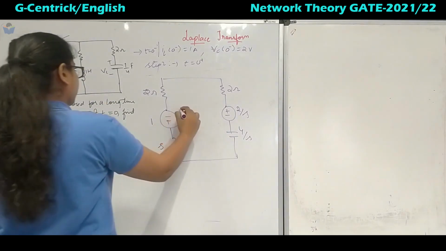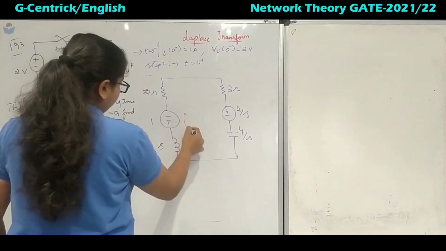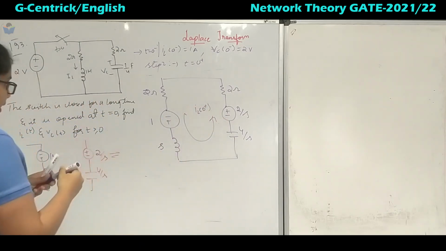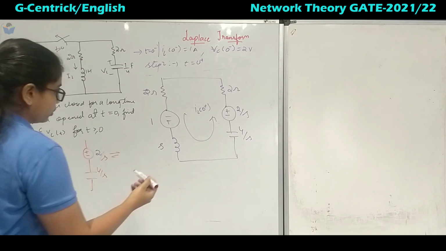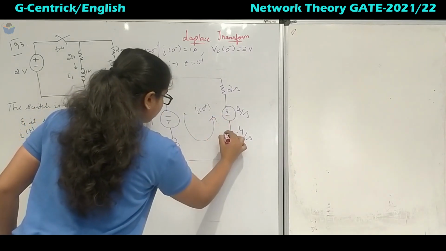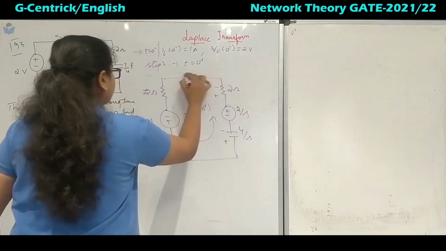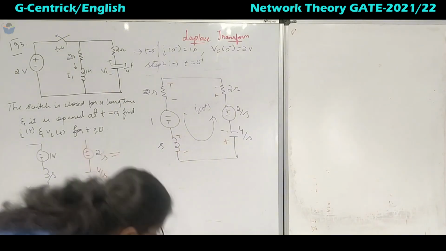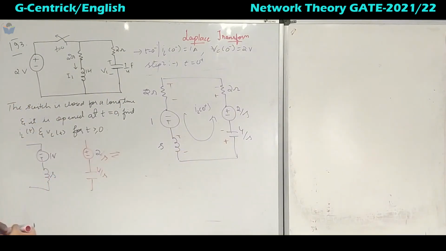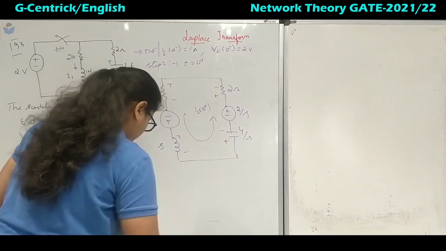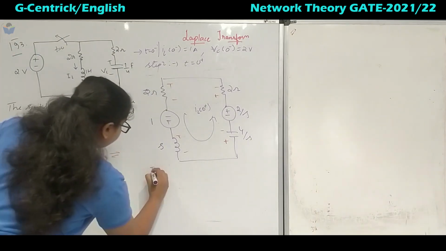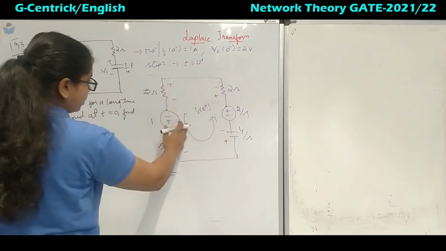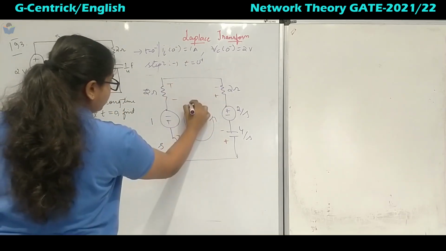Now easily we can find it. If this is the current, IL of 0 plus, now marking the polarity for this one, this current is this way, so this will be plus minus, plus minus, plus and minus. So I of S is nothing but, since we have taken the Laplace transform, we will not take IL of 0 plus,